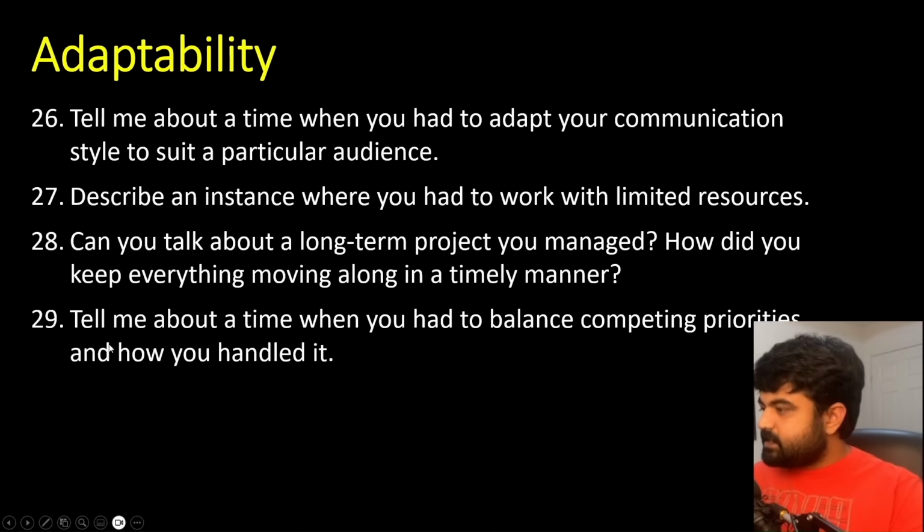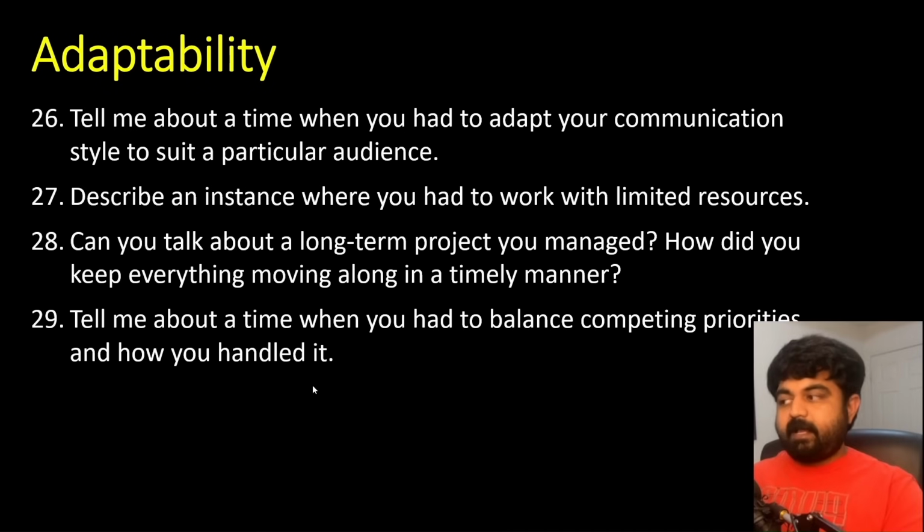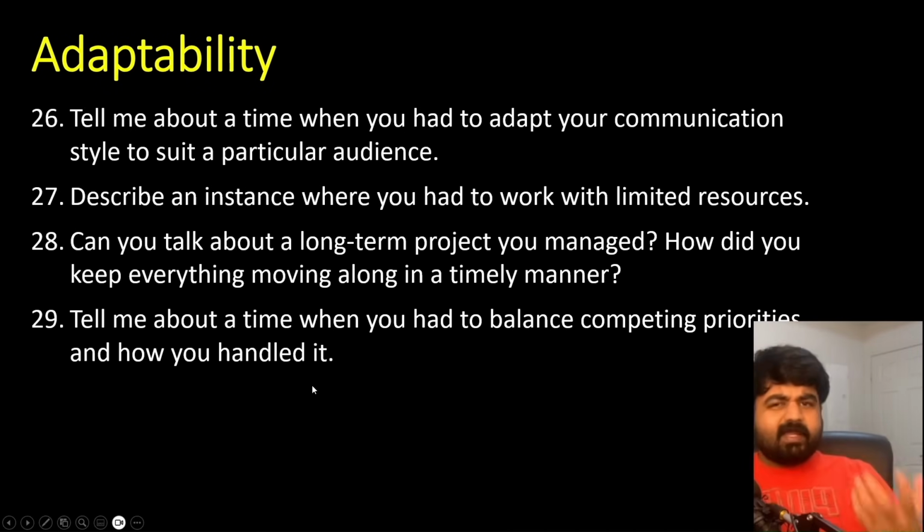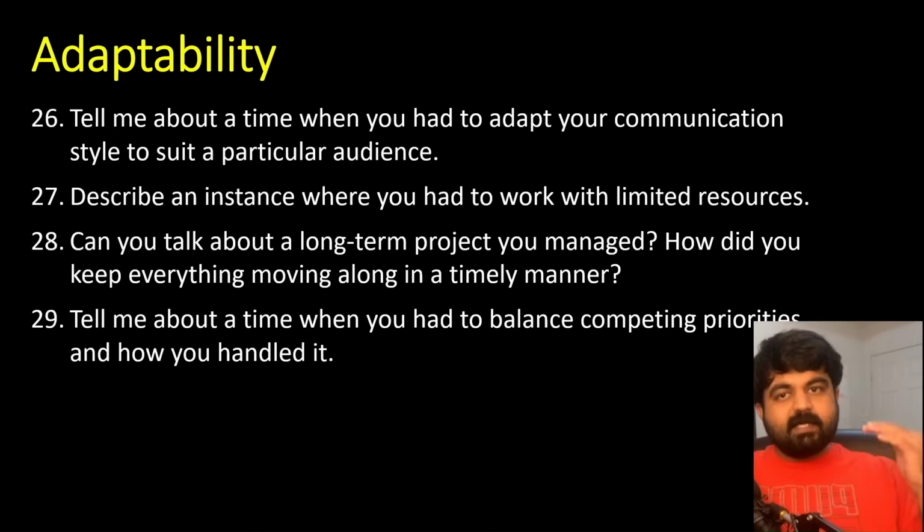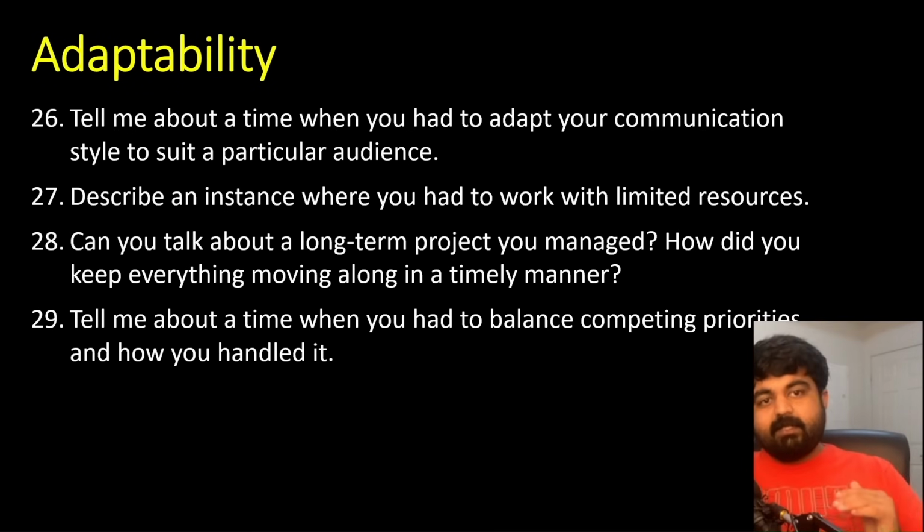Okay, next question is, tell me about a time when you had to balance competing priorities and how did you handle it? So an example for competing priorities could be, maybe you are working on project A that is coming to a deadline. Maybe the project is not so significant, like the product is relatively low value or low impact, but that is coming closer to the deadline. Meanwhile, you are being asked that this project B is really critical, but it is due in the next 6 months. And so how do you manage those competing priorities?